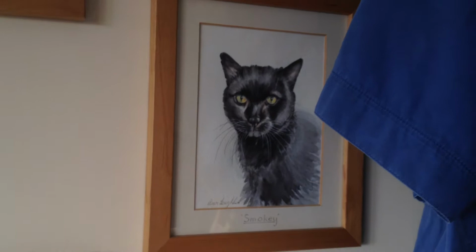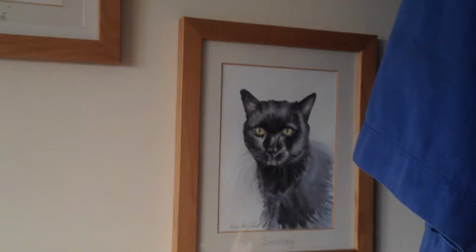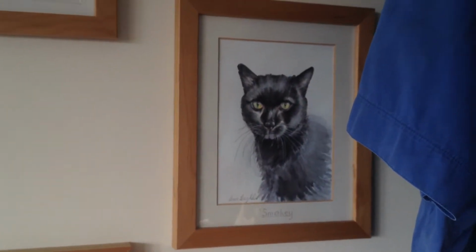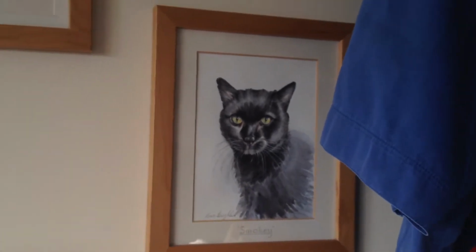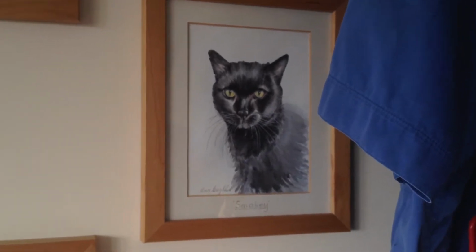Then I've got Smokey. He was a very old cat already. I think he was something like 16, 18, when I got him. He was another rescue cat, poor old Smokey, and he lived until 22 years old, which is quite an amazing age for a cat. He used to love